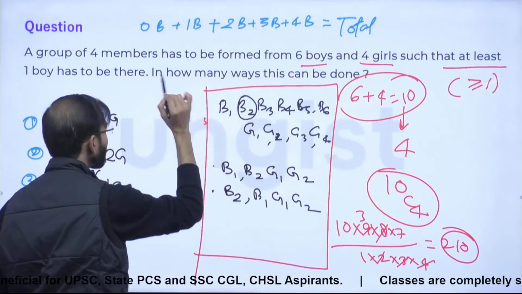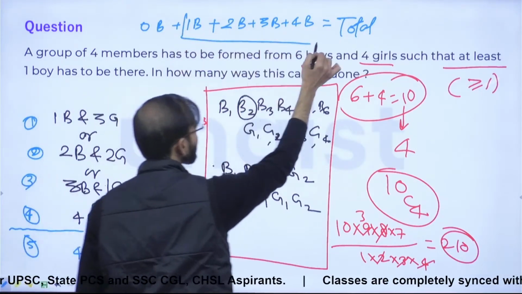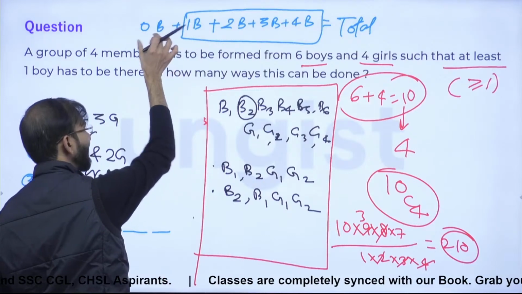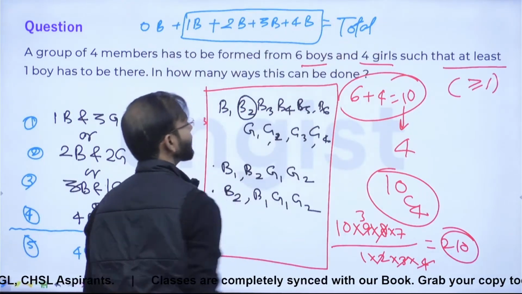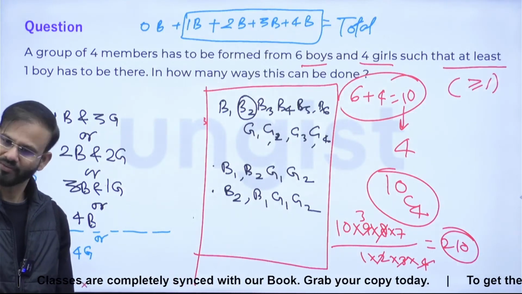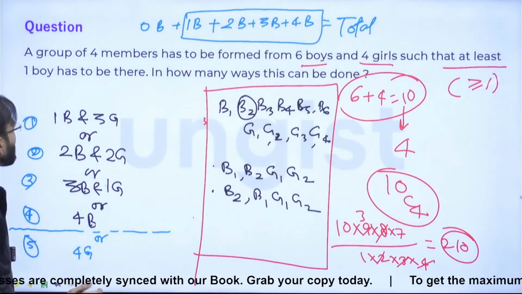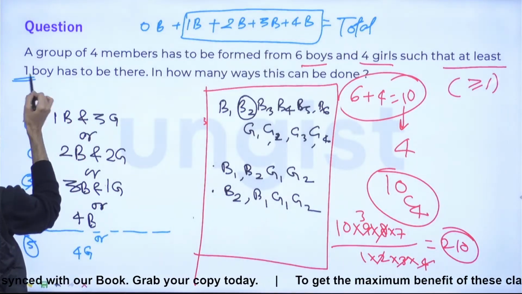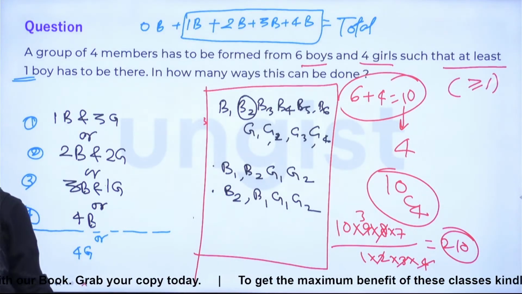The question is talking about at least 1. Guys, what is at least 1? At least 1 is this. So, if you subtract this value from the total, you will get at least 1. Everybody clear? So, whenever you get this phrase, at least 1, in the question,